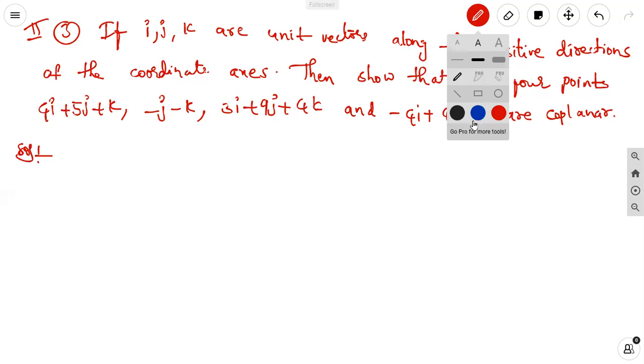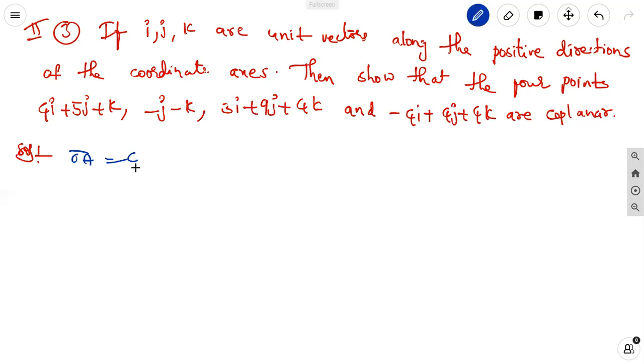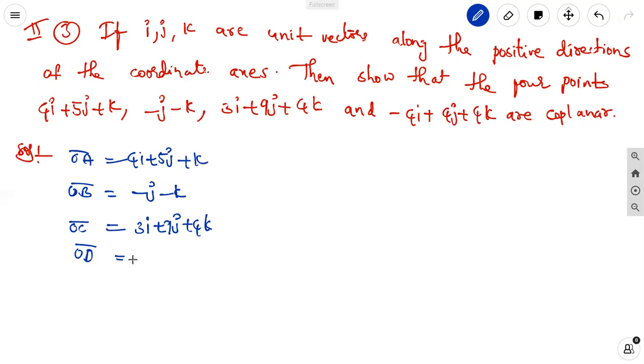Solution. Similar to the previous problem. Here first we take the position vectors OA equal to 4i plus 5j plus k, OB equal to minus j minus k, OC equal to 3i plus 9j plus 4k, OD equal to minus 4i plus 4j plus 4k. Next, to find AB, that is equal to OB minus OA, which is minus 4i minus 6j